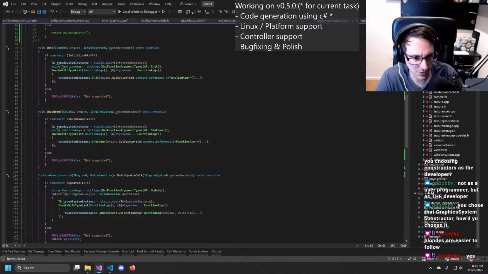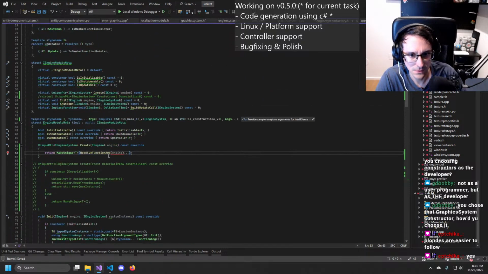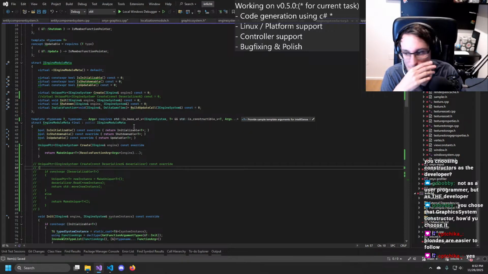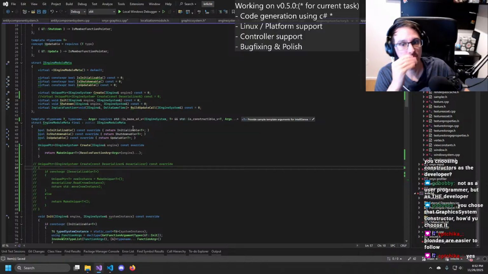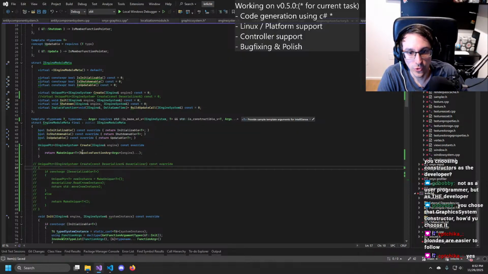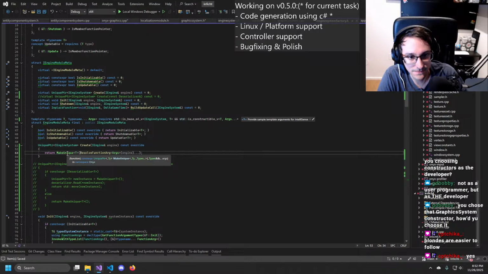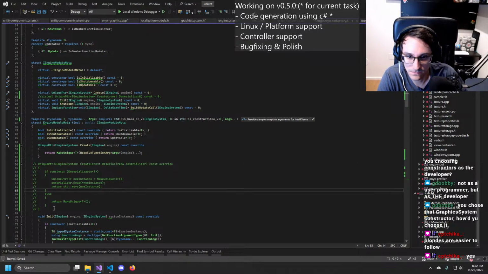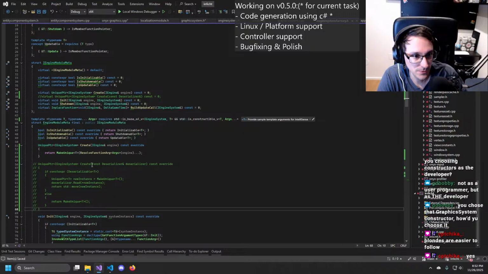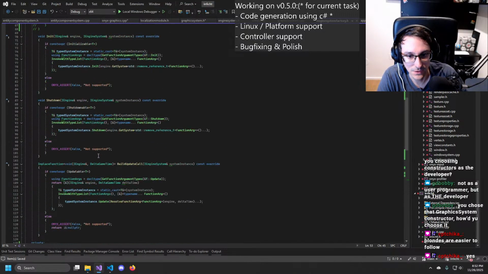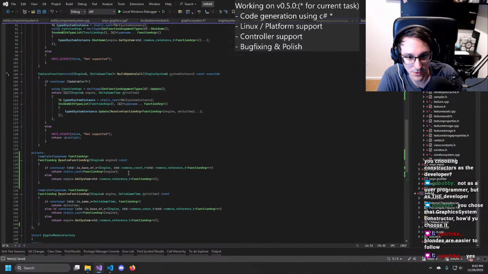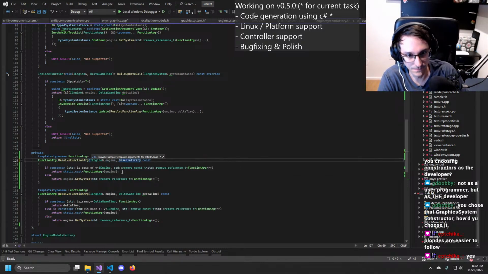No, that should work, right? Like that. Probably something like that. And then could do another one here where we get the deserializer.